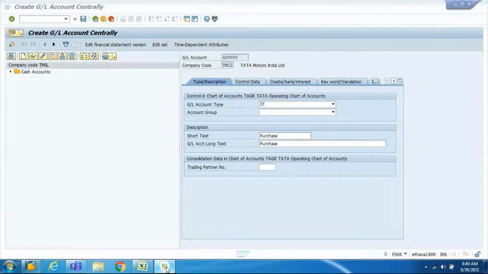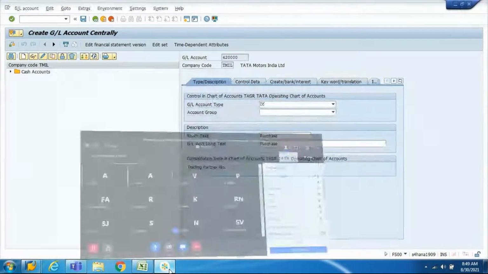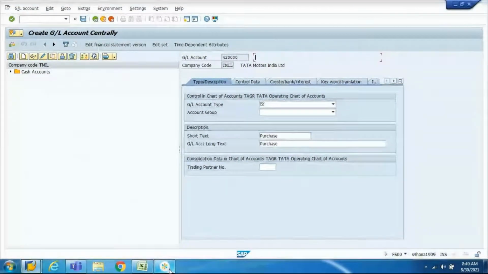FS00, right? Where do you create a cost element in ECC? No, there is a dedicated T code for cost elements in ECC. Anybody remember? It begins with KA.